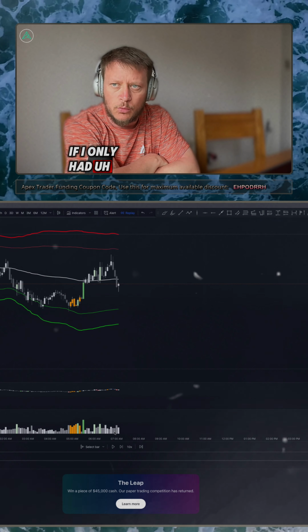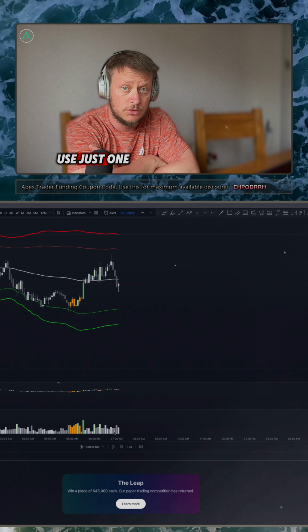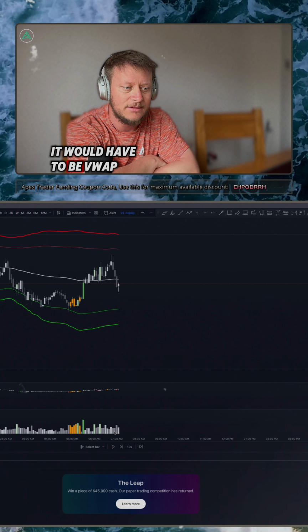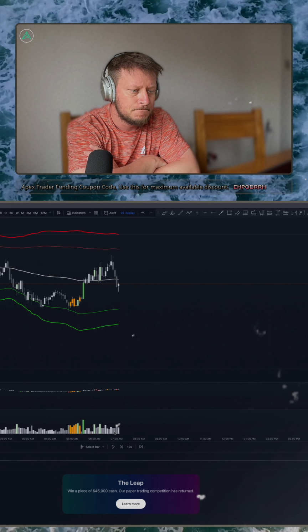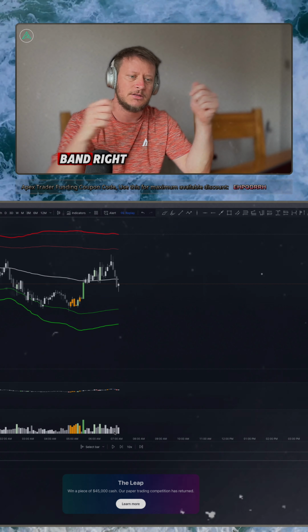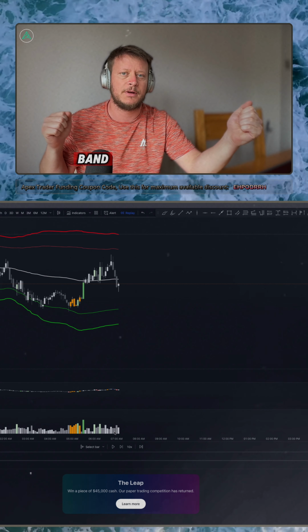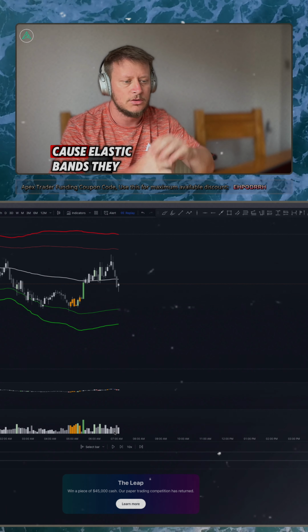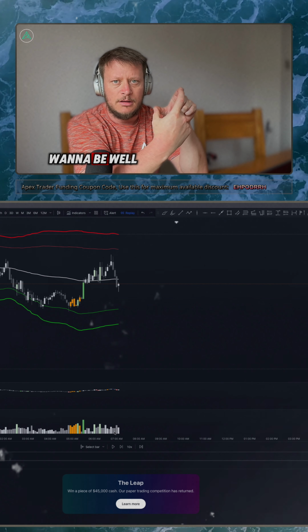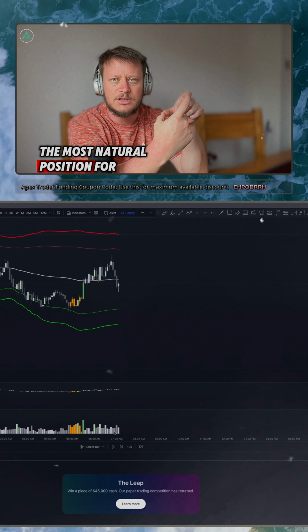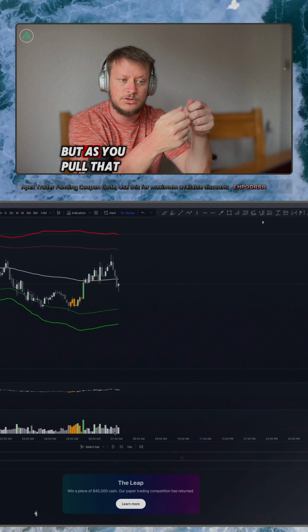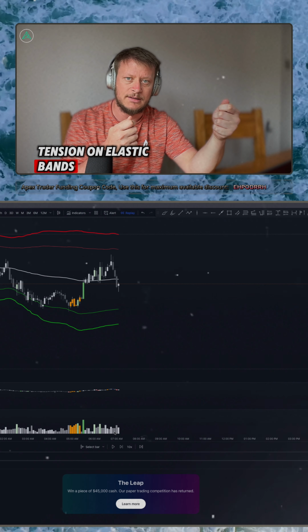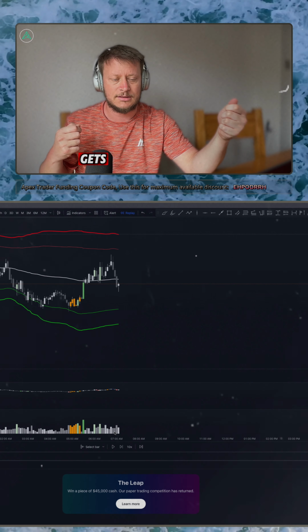If I only had one indicator that I could use, just one, it would have to be VWAP. Think of VWAP as an elastic band, right? The further you pull that elastic band, the more chance it's got of coming back into play, right? Because the most natural position for an elastic band is just not pulled, right? But as you pull that tension on an elastic band, the further and further away it gets, the more tension